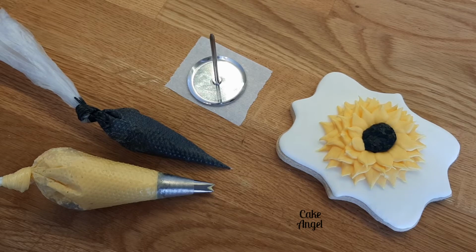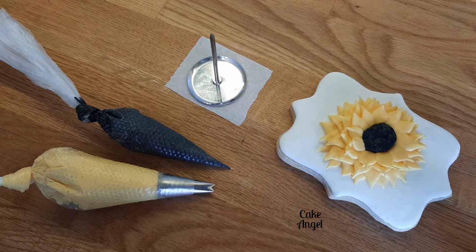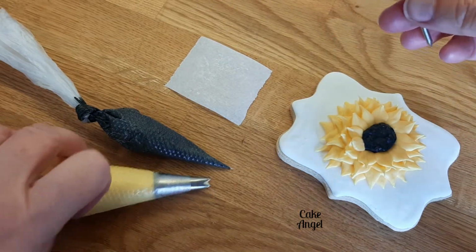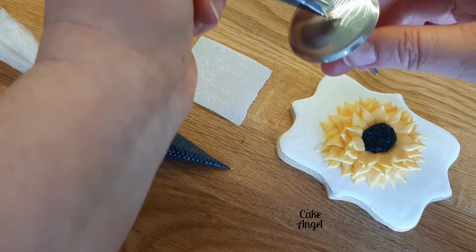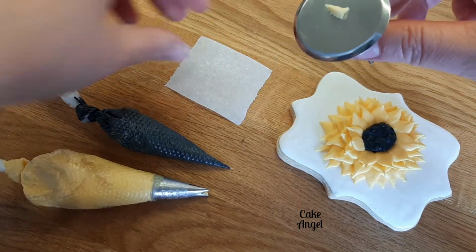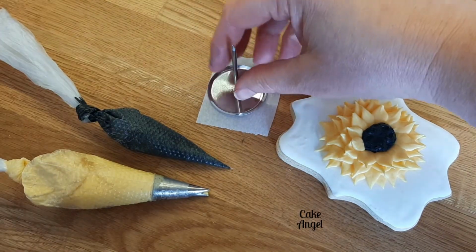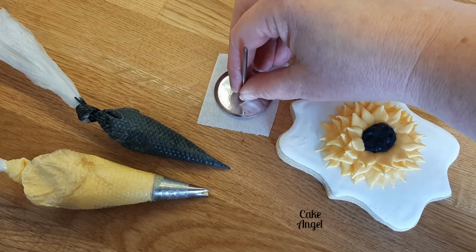For this you'll need some stiff consistency icing in yellow and black, a tip 352, a flower nail and some parchment squares. To start with, I'm going to take my flower nail and add some icing onto the centre so that I can attach my parchment square. And I like to give it a press on the counter to make sure it is securely in place